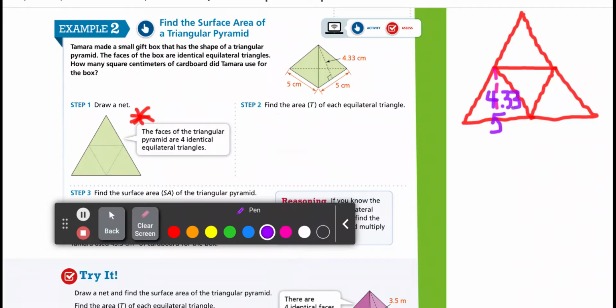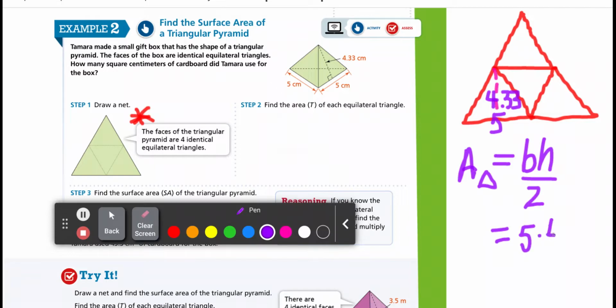So now we are going to use that information and plug it into our area of a triangle formula. Area of a triangle is base times height divided by 2. I plug in what I know. My base is 5 times my height, which is 4.33, divided by 2. Put it in your calculator. What is the area of one triangle? The area of one triangle is